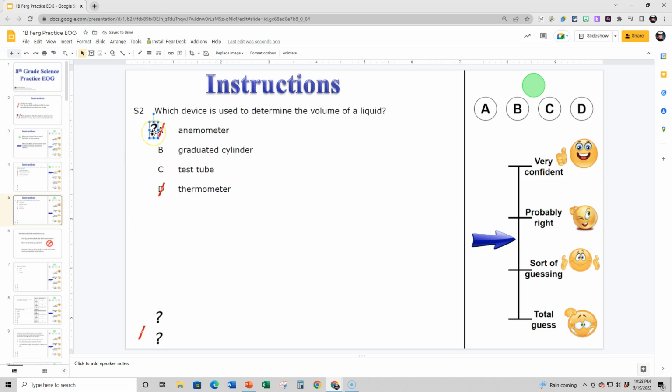Matter of fact, I can even, if I want, put 2 question marks there to say I really don't know that one. Now I'm left with graduated cylinder and test tube. I'm feeling stronger about graduated cylinder, but there's a part of my brain thinking, well, maybe a test tube could also be used to measure a liquid. I don't think so, but I'm not really positive. So I'm going to go with B